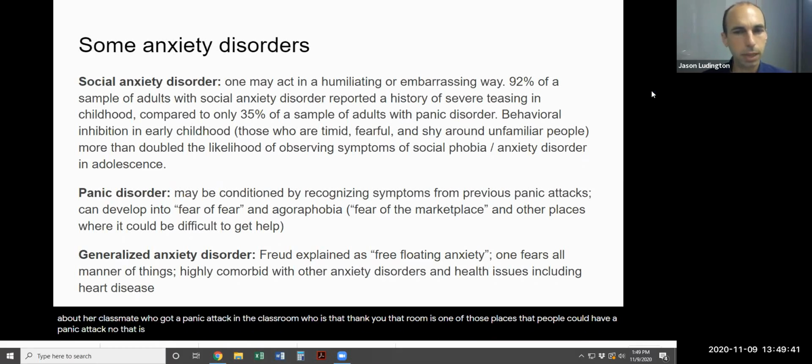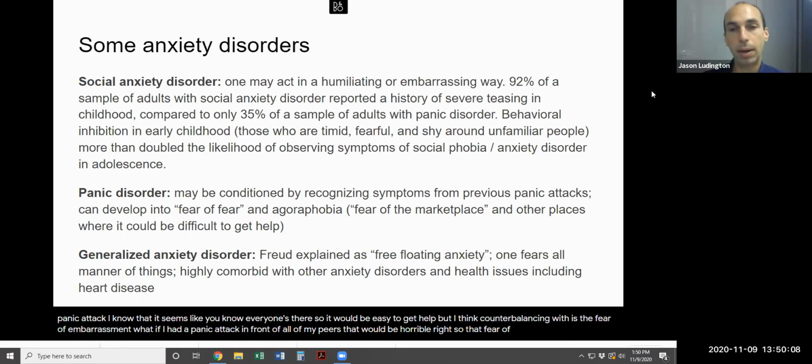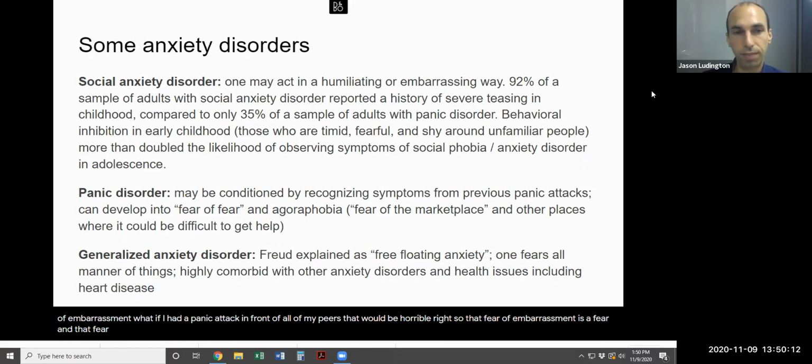I know that it seems like everyone's there, so it would be easy to get help. But I think counterbalancing with that is the fear of embarrassment. What if I had a panic attack in front of all of my peers? That would be horrible, right? So that fear of embarrassment is a fear, and that fear then feeds into